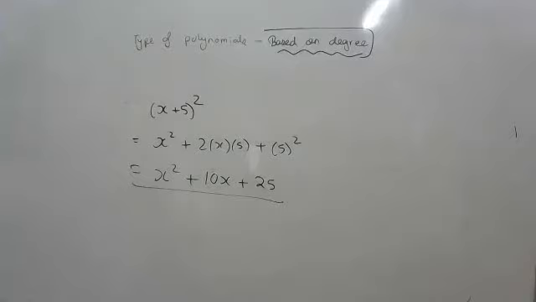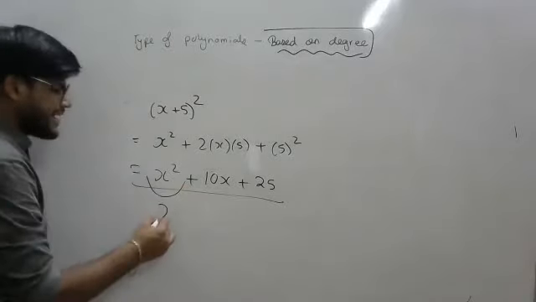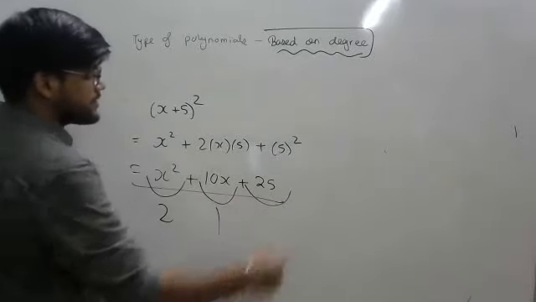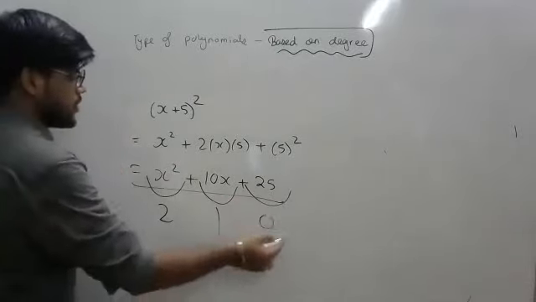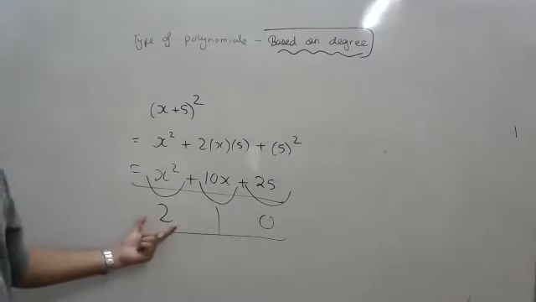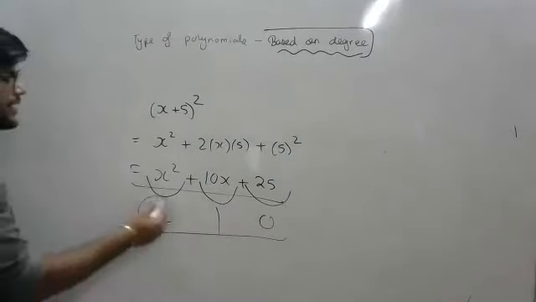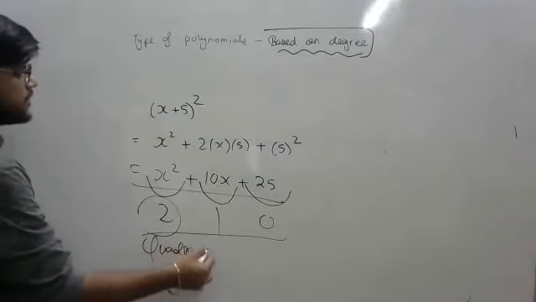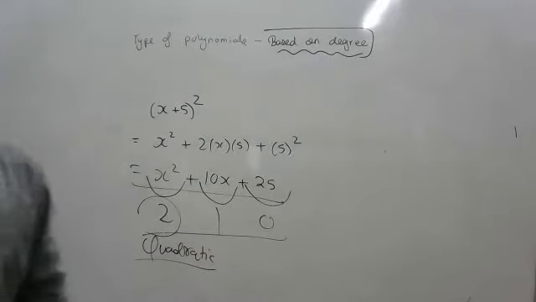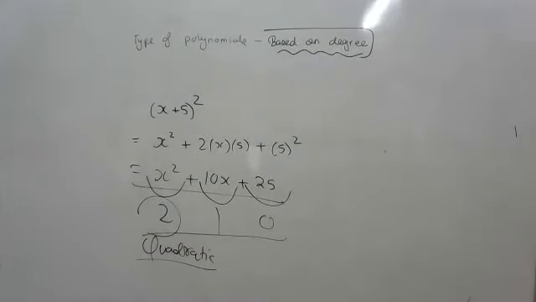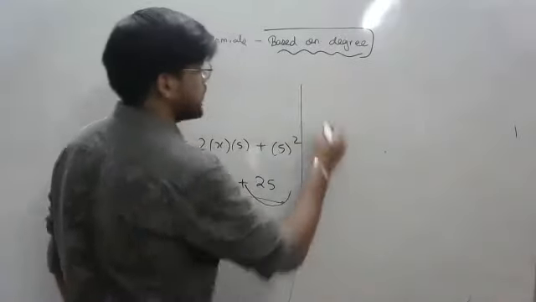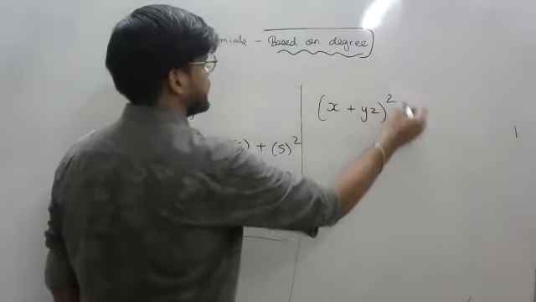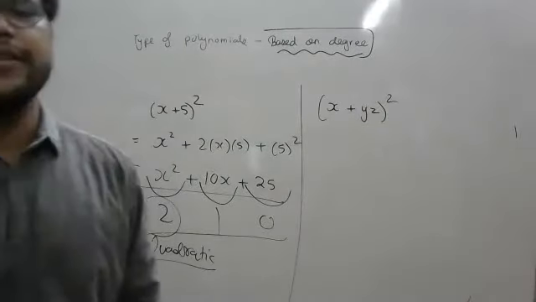Now you can make a judgment from every term. In this particular term, the maximum power of the variable is 2. Here, the maximum power is 1. And here, the maximum power of the variable is 0. Out of these 3, the number which is highest will be considered as the degree. And if the degree is 2, that means it's quadratic. Quadratic means the degree of the given polynomial is 2. Maximum power is 2. So I'll give you one more question. X plus yz square. Just think, what would be its degree?